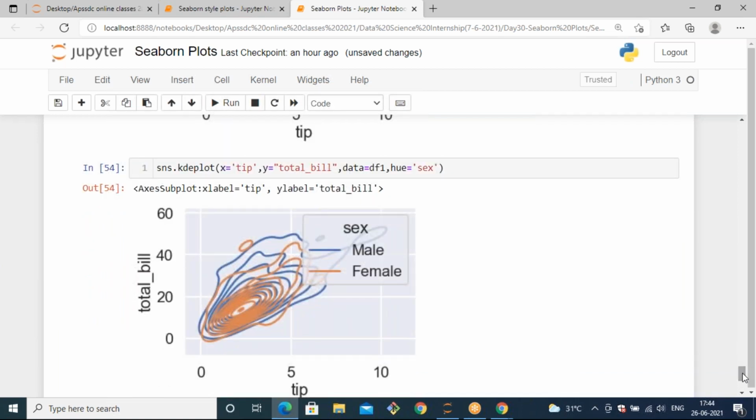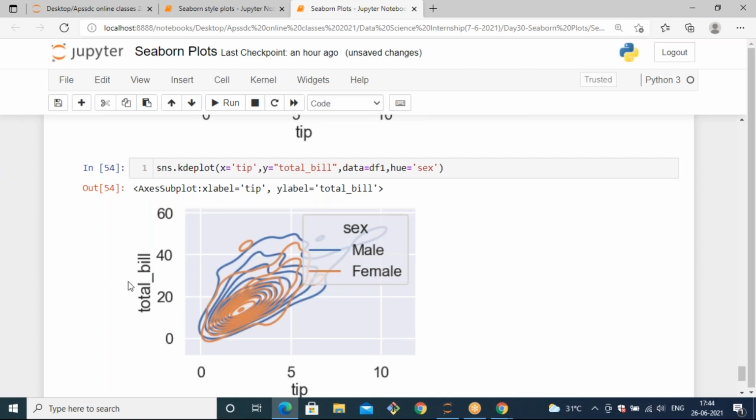I'm just taking some other integer type of columns here, so that when you have two integer type columns, you might get a kind of distribution like this. If you take some categorical data with respect to some other axis, it will not generate data like this.